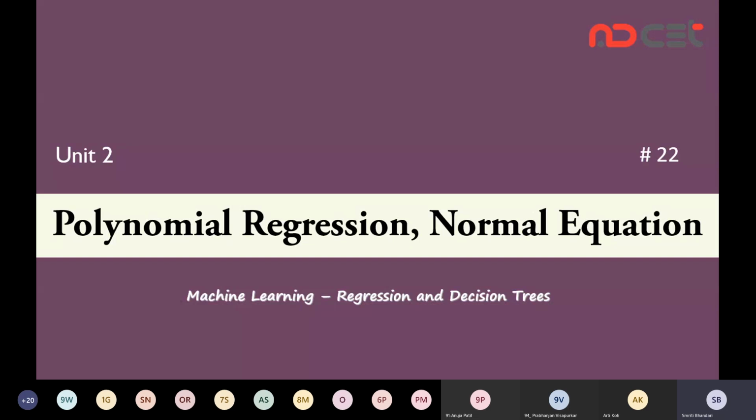In the last discussions we have gone through linear regression and the gradient descent algorithm that can be used to come up with the optimal parameters for linear regression, right? We have seen simple regression, we have seen multiple regression as well. So today we are going to come up with a very interesting concept, polynomial regression, and then we'll see the alternative to gradient descent for finding the parameters theta, right?